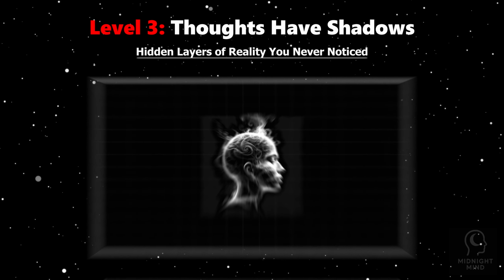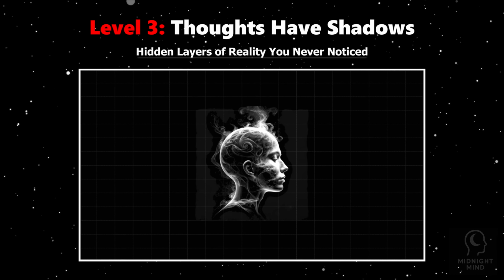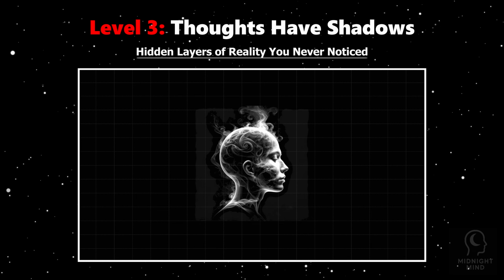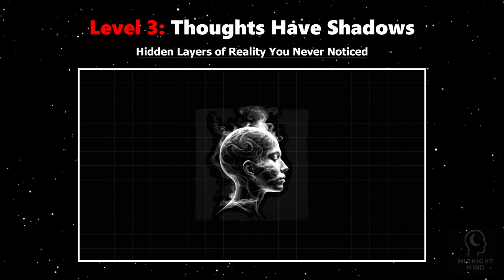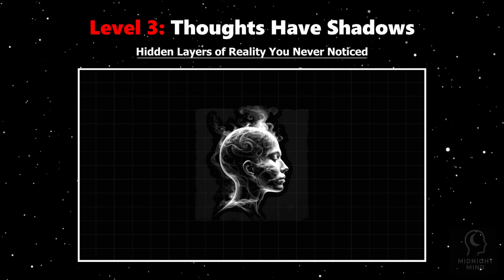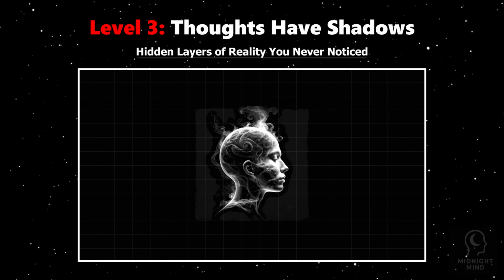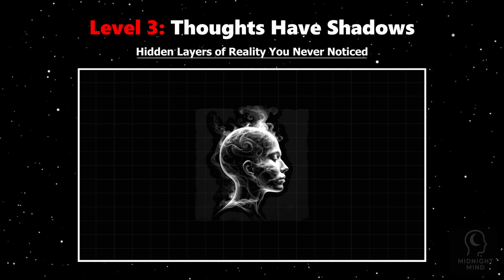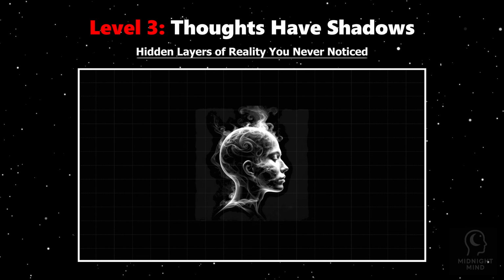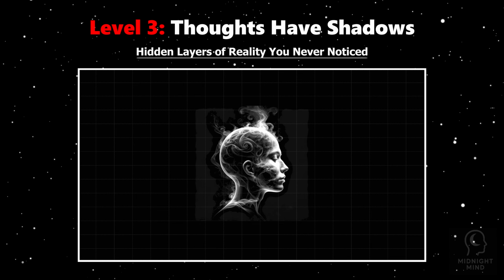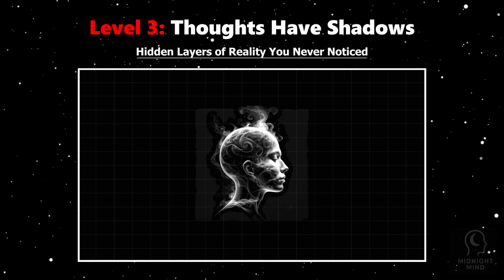Imagine your mind as a dark room where every thought you think flickers like a candle. But those flickers don't just vanish, they leave invisible shadows behind. These shadows are echoes of your ideas, faint but persistent, shaping your next thoughts and decisions without you even noticing. Neuroscience reveals that every mental event triggers neural patterns that don't just disappear. They influence the brain's wiring, biasing future cognition.